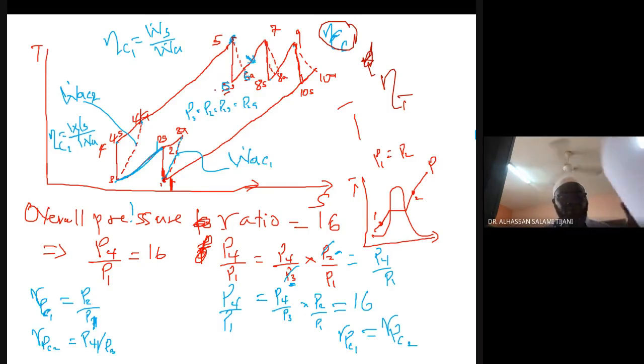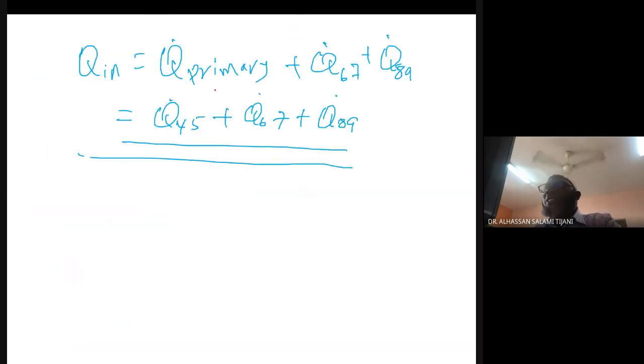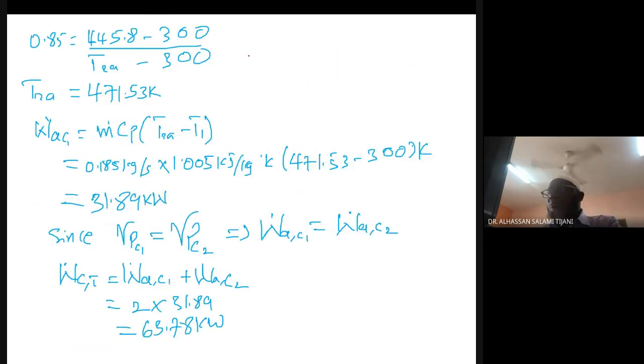Now the next thing is to determine the turbine work output, which I think we have already determined. Yes, this was the value for the turbine work output, 63.78 kilowatts. Since the turbines have the same isentropic efficiencies, if you calculate for one, you only need to multiply by 2. So now to determine the rate